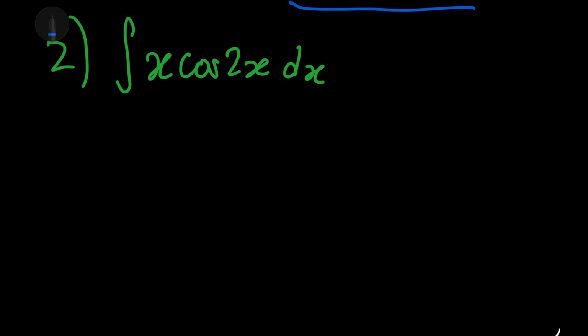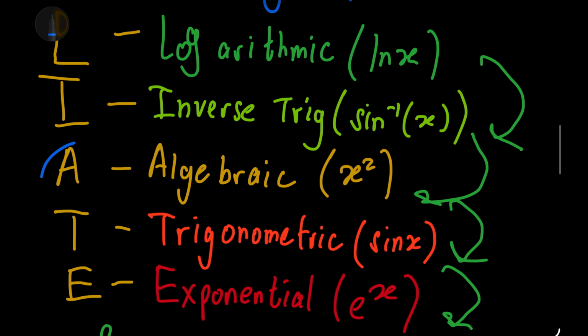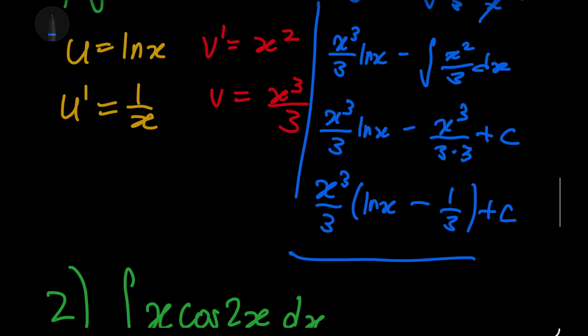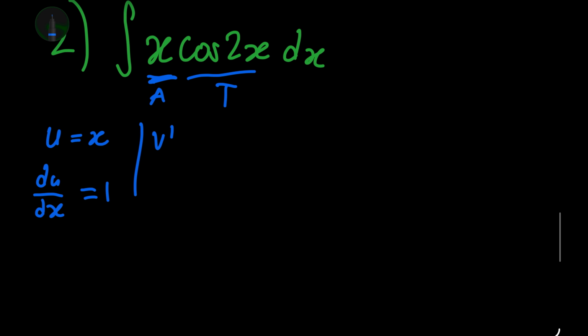The integral of x cosine 2x dx. Okay, so as you can see, we have x, which is an algebraic function, and we have cosine 2x, which is a trigonometric function. So let's go back. LIATE: A is above T, which means we will choose our algebraic function as u. So u is equal to x, du over dx will be equal to 1. Okay, that's really nice actually. Okay, and then v prime is equal to cosine 2x, and then v, because we have to take the integral of cosine 2x dx,